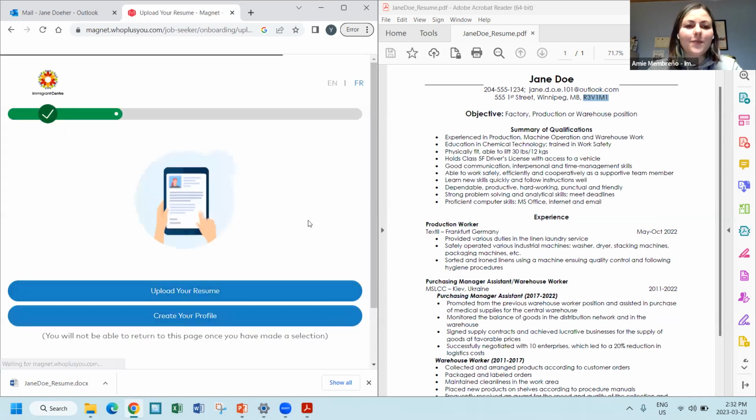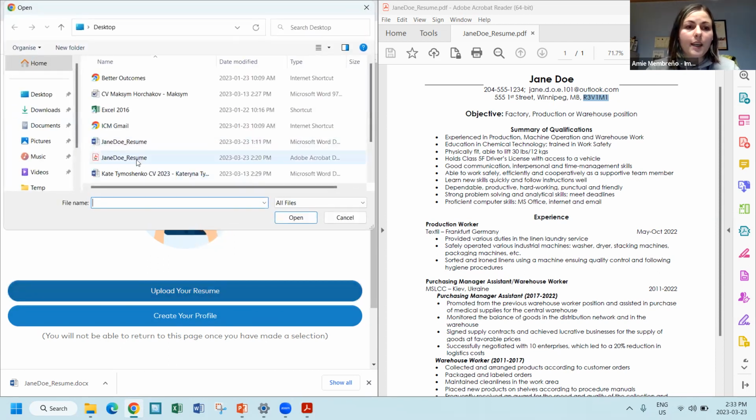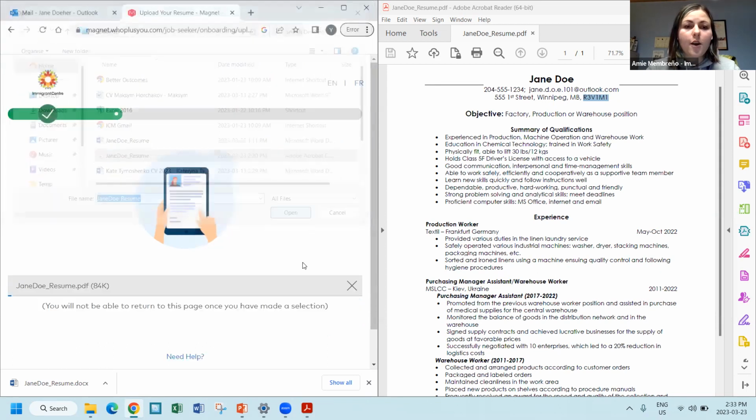I consent. Now, this is the only time when you can upload your resume to the website so that the information from your resume would be read and included in your profile. In the further steps, I'll show you where you could add more of your resumes to your profile, but the information from them will not appear on your profile unless you choose to do so. So click Upload Your Resume. Now go to the resume, open,